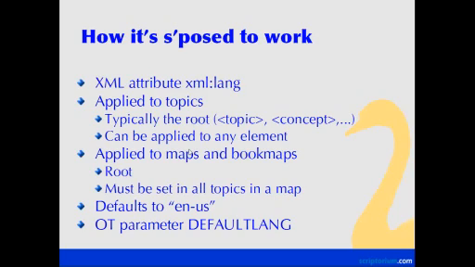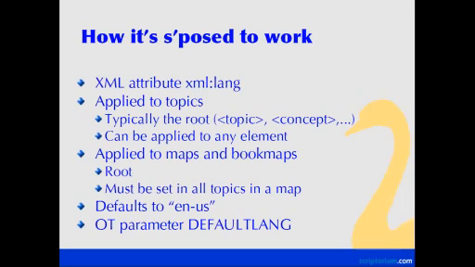And this gets back mostly to the way that, at least for HTML, the DITA Open Toolkit processes your topics. It does deal with the map and pulls together tables of contents and things like that from the map, but when it actually transforms your topics into HTML files, it deals with them one at a time. And that's not in the context of the map, it's just that file. And so as you're processing the file, the Open Toolkit will look at your topic and look for an XML:lang attribute